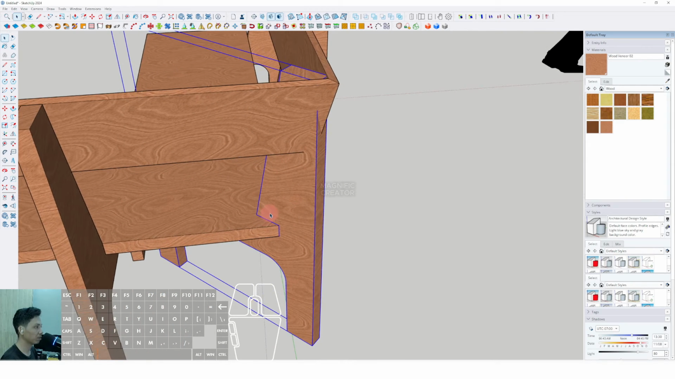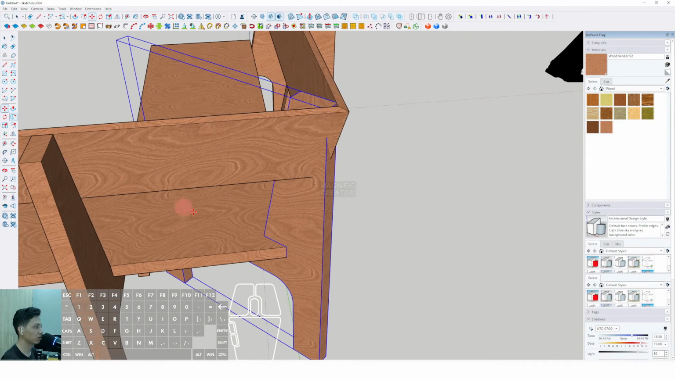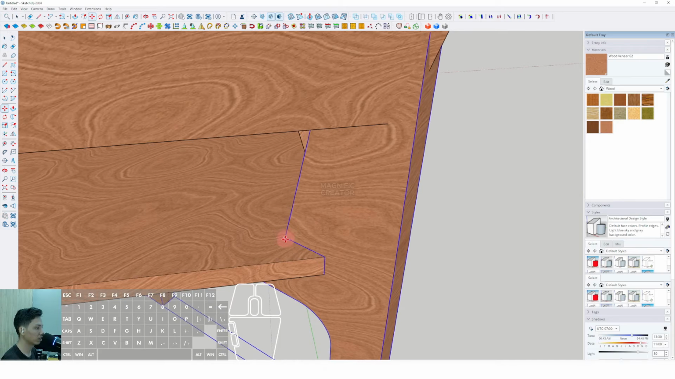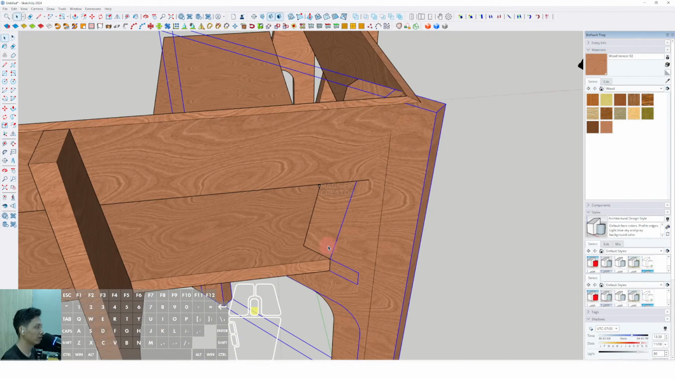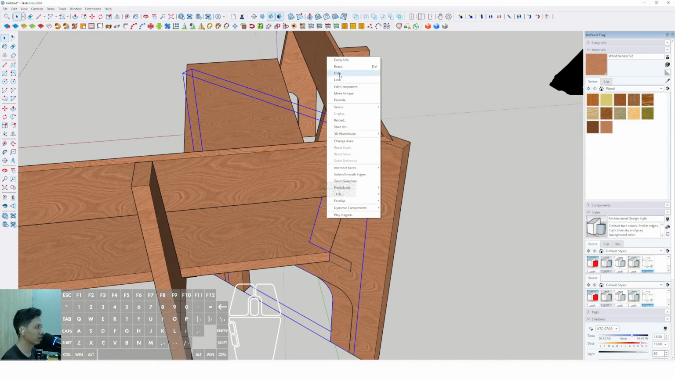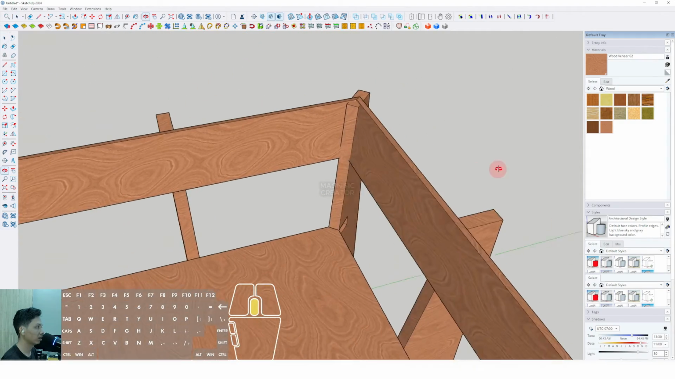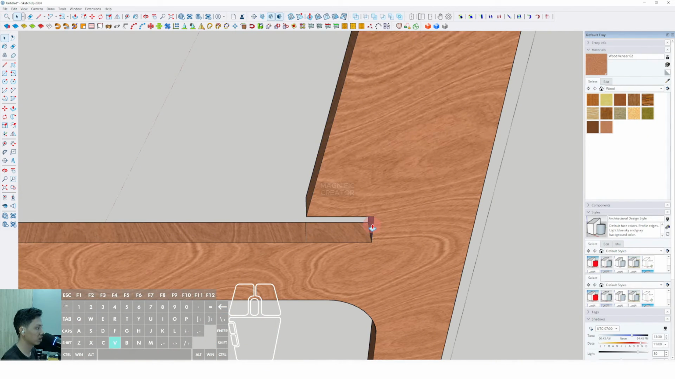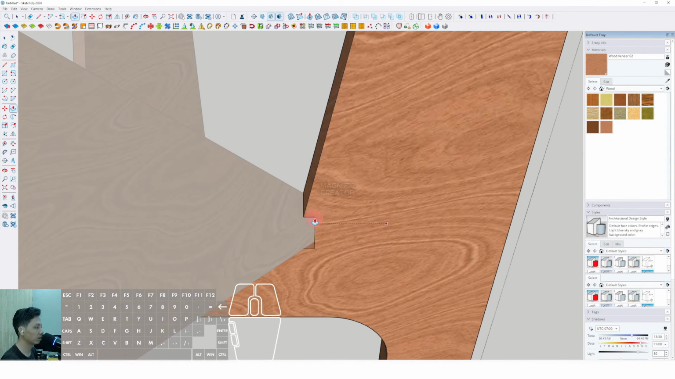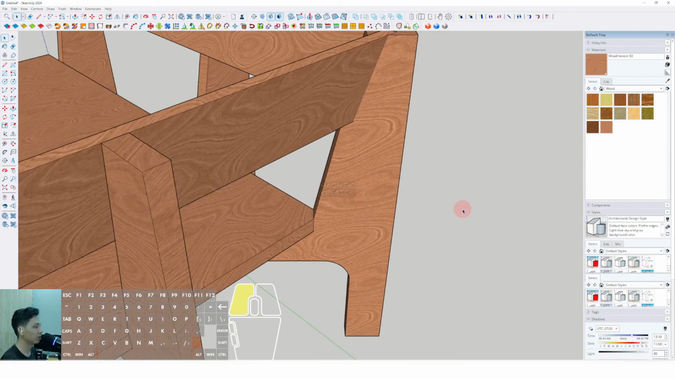Maybe we can move it to the appropriate position. We can use move. Okay, we can click this endpoint. Okay, then we can tap control and place to this one, and we can delete this one. Okay, to make this one. Okay, maybe it needs more detail. You can do the exercise